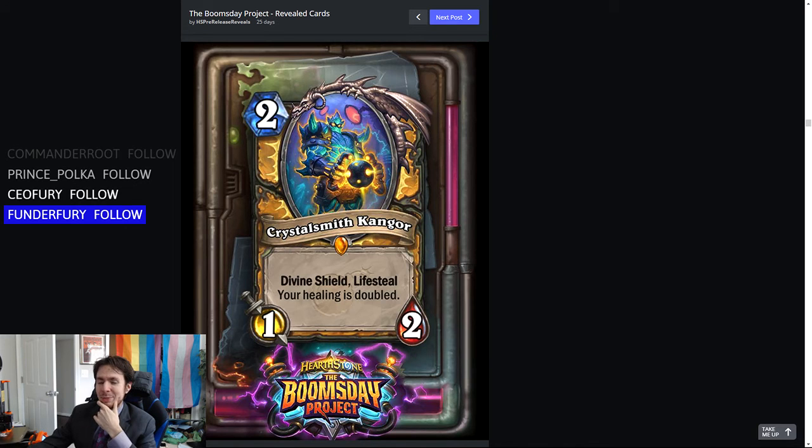Talking about cards I don't like. Your Paladin, you're not really doing it for me right now. 2 mana, 1/2, legendary, Crystal Smith Kangor, Divine Shield, Lifesteal, and your healing is doubled. There is no tribe on this. It is not an elemental. It is not a mech. It's just a dude. So this reminds me of Wicker Flame Burn Bristle, who was it 2 or 3 mana